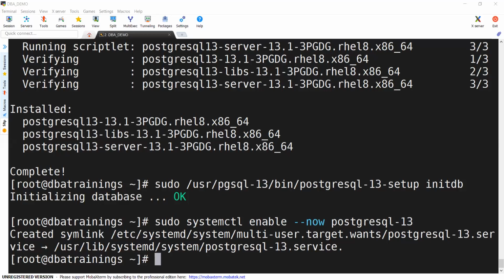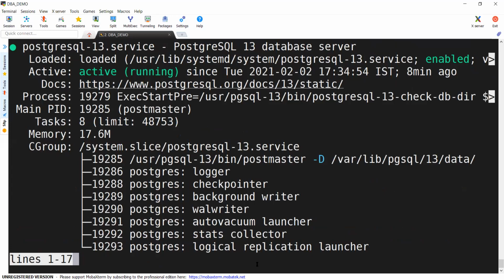Okay. So now the installation has completed, and it's time to check my service status. I hope it is running fine. Let me check it. systemctl status postgresql-13. Now if you can notice, it is in running mode. Are you getting the point?